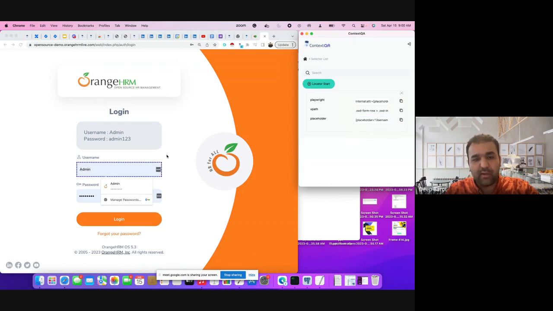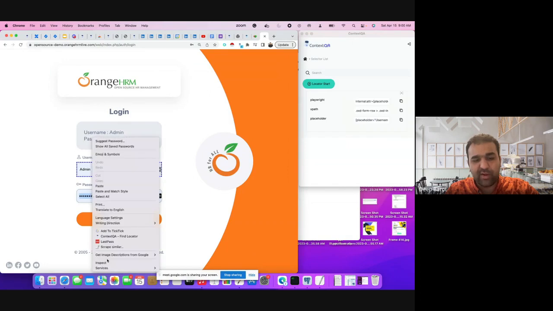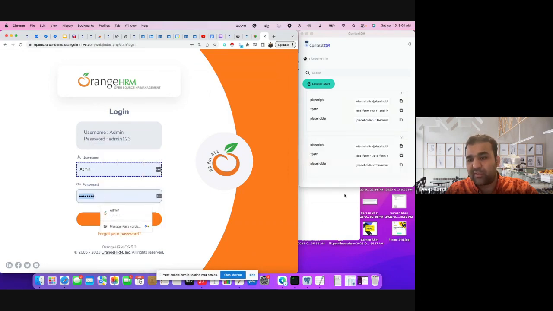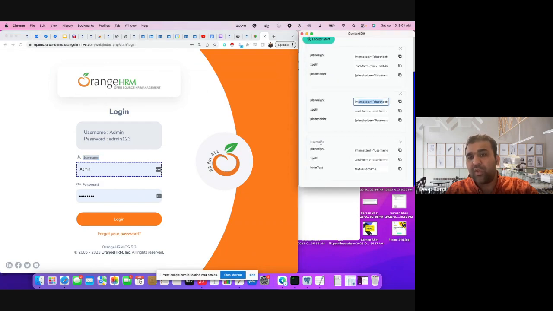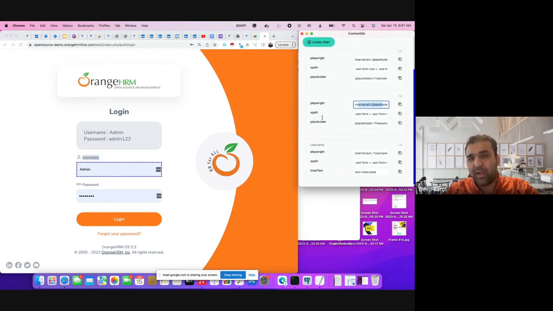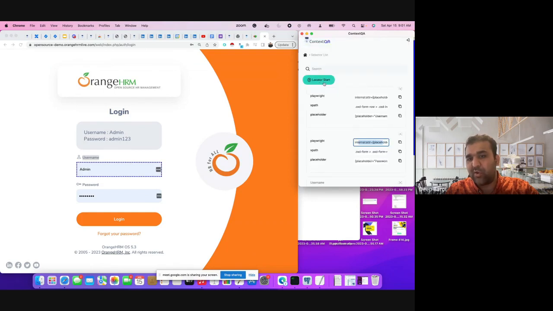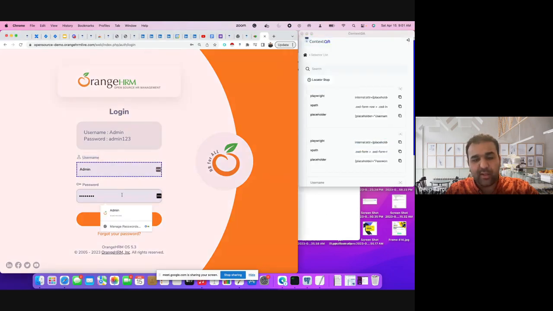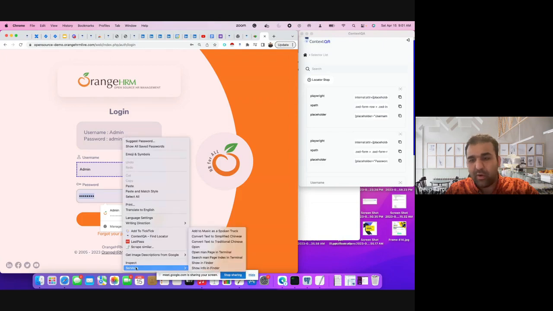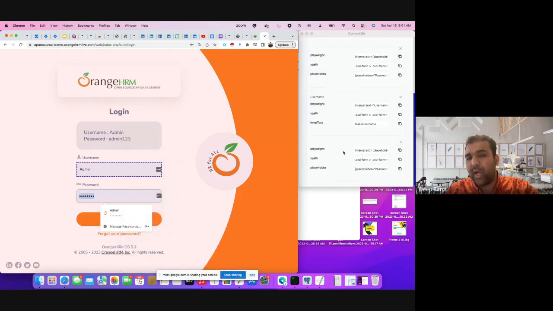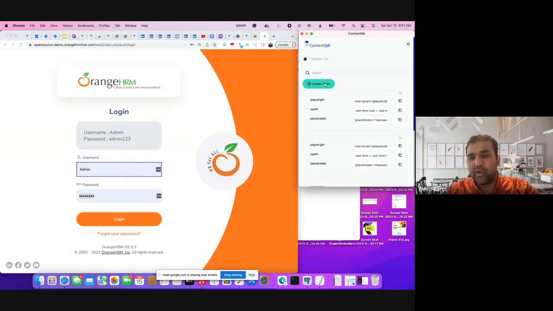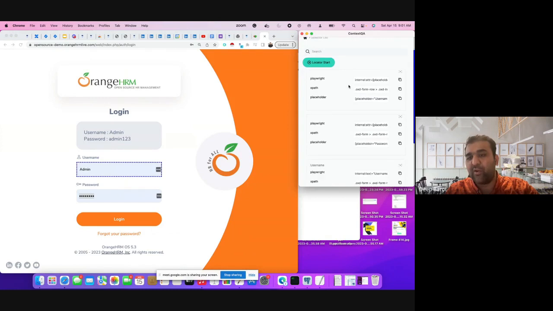Going back to this password field, you can say okay, and this will give you the selector for the password field, right? Or this XPath, or this Playwright-specific selector. Or you can say okay, selector for this username field, and it will give it for this label to you. So are we on the same page on how to use the selector? Or you can use this locator start. You can click over here, and then say ContextQA, and it will do it for you. So are we on the same page on how to use the ContextQA Chrome extension to find the locators for you?